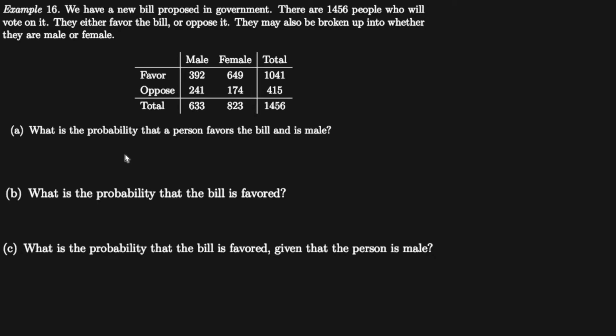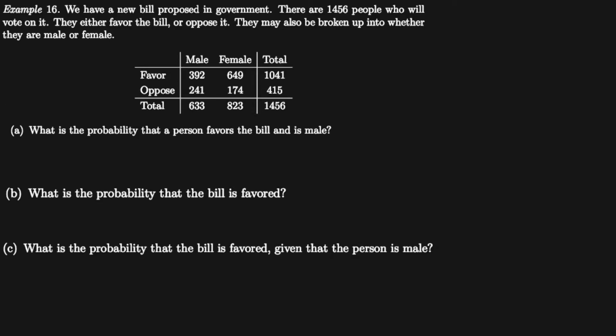We have a new bill proposed in government. There are 1,456 people who will vote on it. They either favor the bill or oppose it. They might also be broken up into whether they are male or female. For part A, what is the probability that a person favors the bill and is male? We can see here that they favor the bill and are male is 392 out of